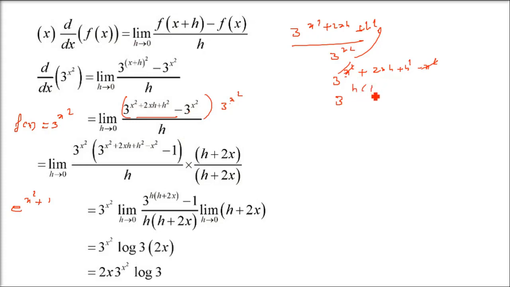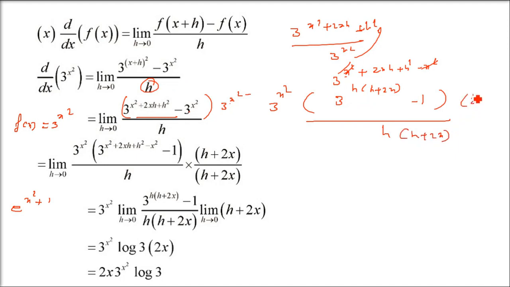So you can take h common. h plus 2x will come. So you have here 3 raised h and h plus 2x. So 3 raised h and h plus 2x you need in the denominator as well. So what you have in the denominator? This 3 raised x square will be in the numerator. Now we have h here. So you have to have a h plus 2x. So multiply h plus 2x here, and you have to multiply h plus 2x here also. So this whole,